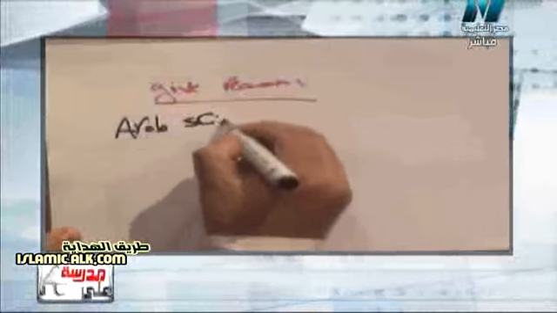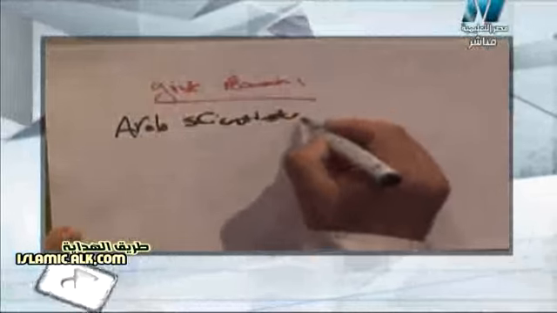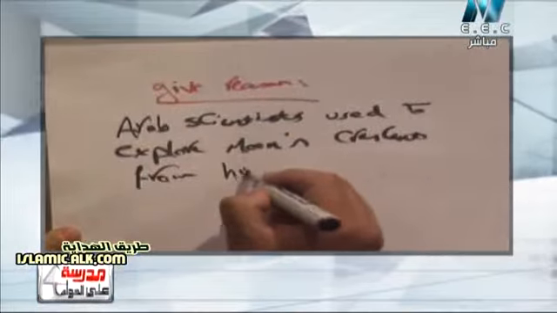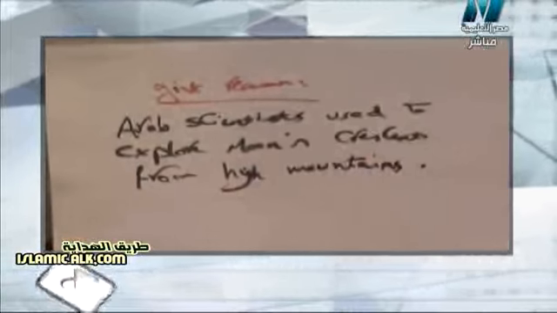Give reason. The question says, Arab scientists used to explore the moon's crescent from high mountains. Why did they explore this crescent from high mountains, not from the earth itself? Surely the answer would be that due to the clear vision at the high mountain. So the answer would be that due to the clear vision